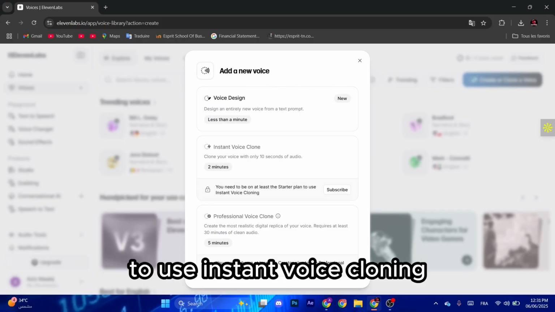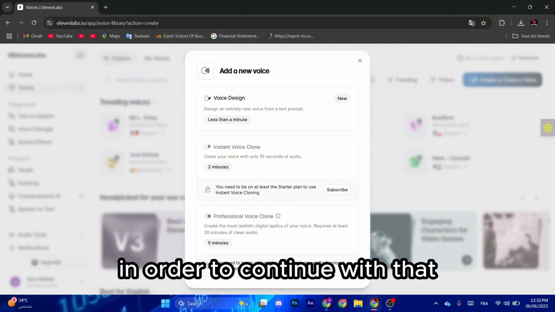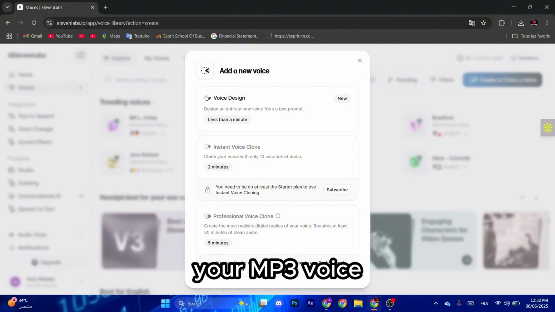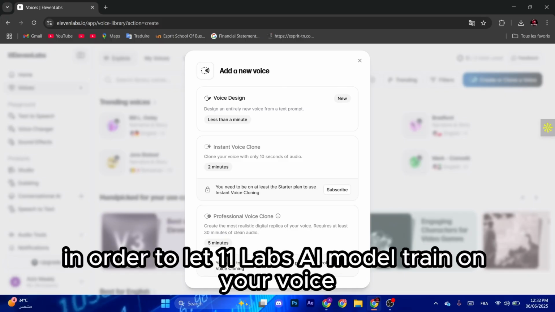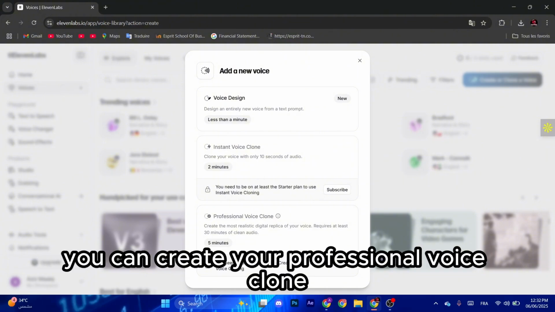to use instant voice cloning. So make sure to buy one of ElevenLabs plans in order to continue with that. After that, you have to upload your MP3 voice in order to let the ElevenLabs AI model train on your voice, and by that you can create your instant voice clone, you can create your professional voice clone, text to speech